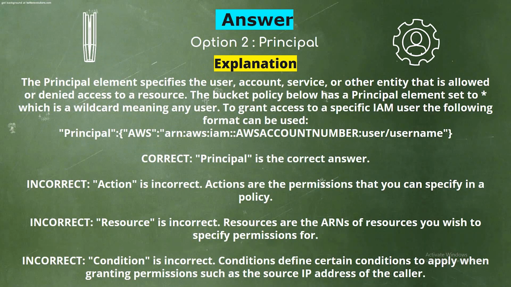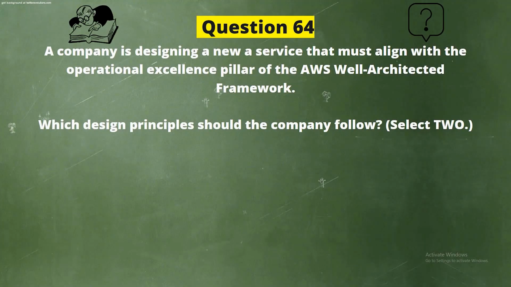Resources are the ARNs of resources you wish to specify permissions for. Incorrect, condition is incorrect. Conditions define certain conditions to apply when granting permissions, such as the source IP address of the caller. Next question. A company is designing a new service that must align with the operational excellence pillar of